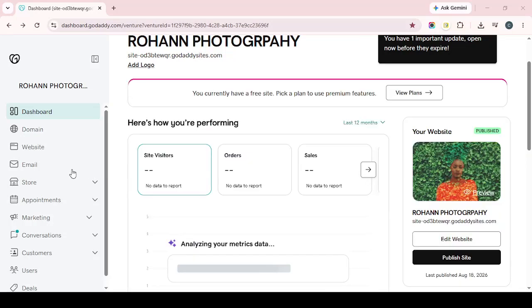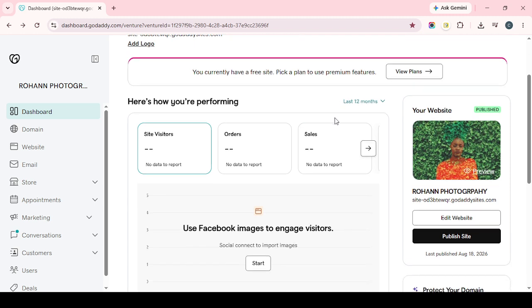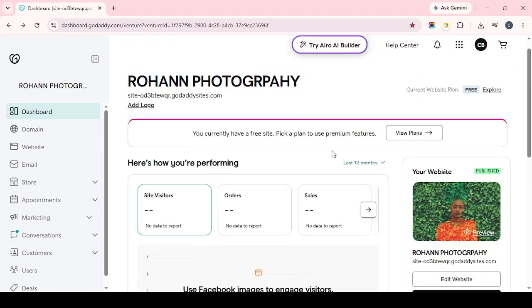In today's video, I'm going to teach you how to log into your GoDaddy dashboard and delete or unpublish your Airo website. If you no longer need your Airo website or you simply want to take it offline for now, GoDaddy gives you a straightforward way to do that from your dashboard. In this walkthrough, I'll show you exactly where to go and what to click so you can complete the process